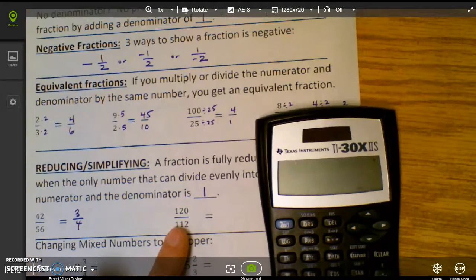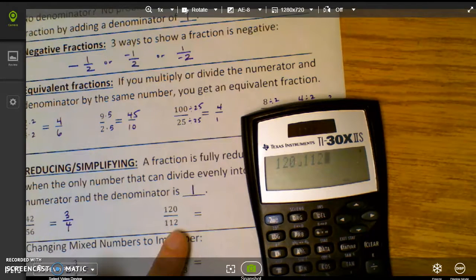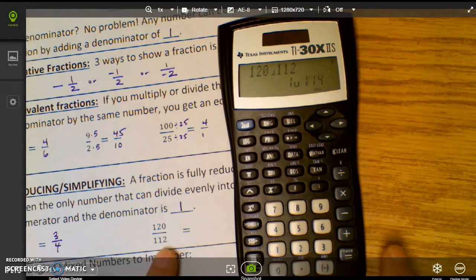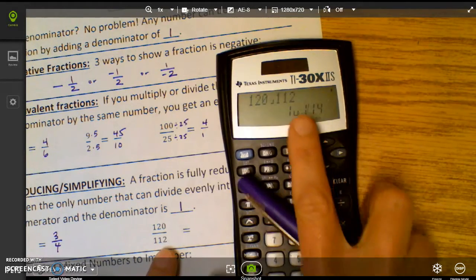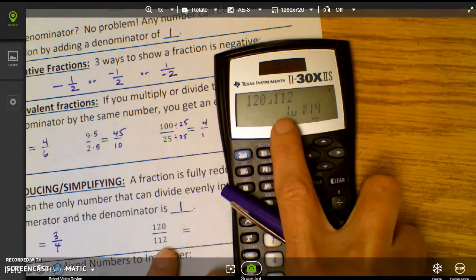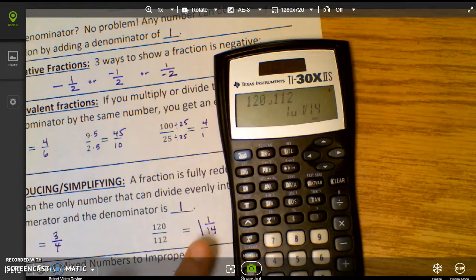You can clear out the old work that we just did, and you could type in 120. And then remember to go up and find your ABC button, and you're going to put in 112 below it. And then remember, you're just going to hit enter. So this is an example of a mixed number. What they do on your calculator is they give you the whole number, and then they give you the fractional part next to it. So 1 and 1/14 is really the answer that we got when we reduced,